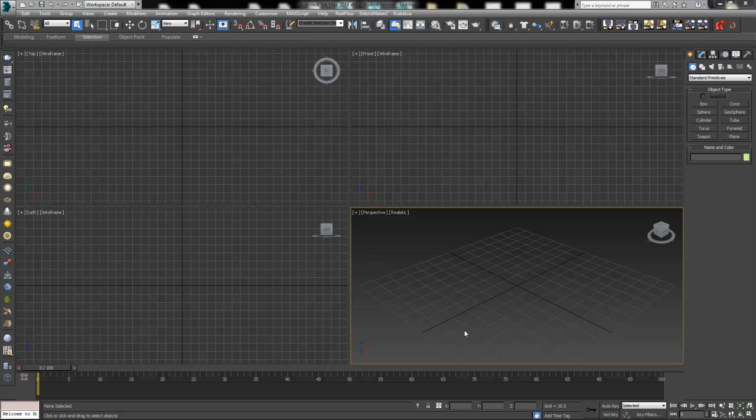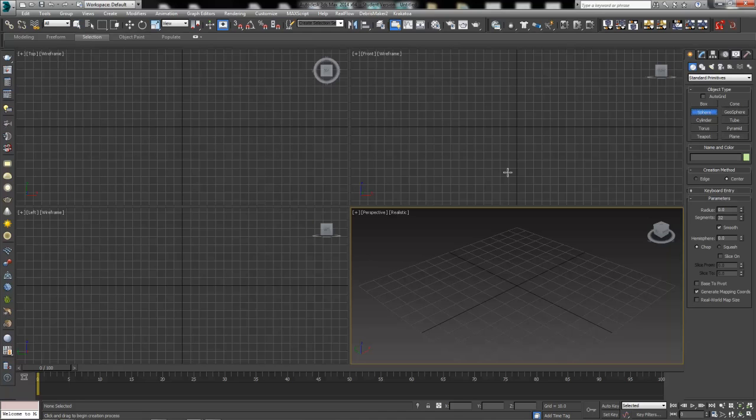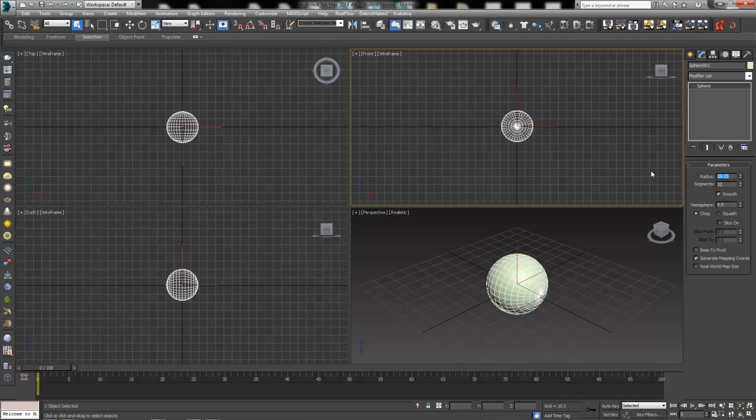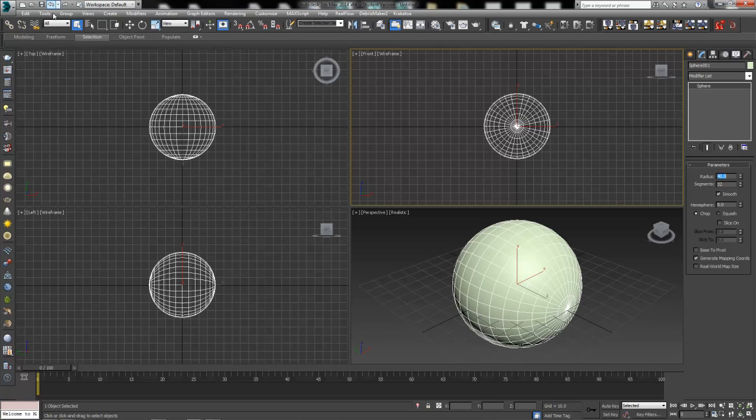I've got a brand new 3D Studio scene here, and I'm going to need a couple of things to get going. First thing I'm going to need is a sphere, something fairly round. Now, a candle shape that's got kind of rounded edges on the top will work just fine for this. I've done it the same way, but for simplicity's sake, let's go ahead and start by making a sphere. I'm going to go ahead and give my sphere over on my Modify tab maybe a radius of about 40, not 4, that's a little small there.